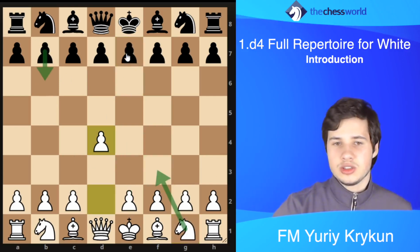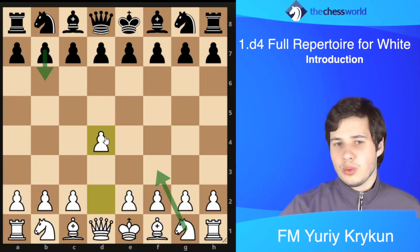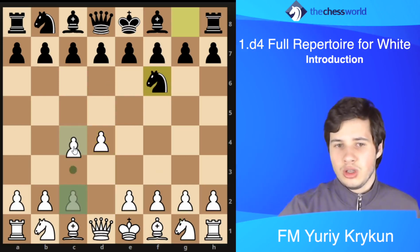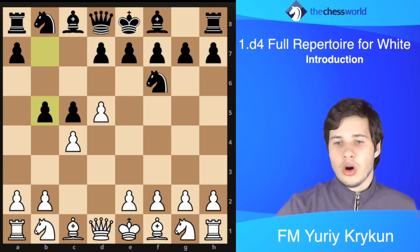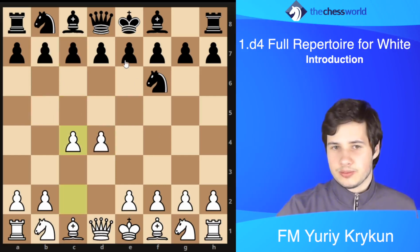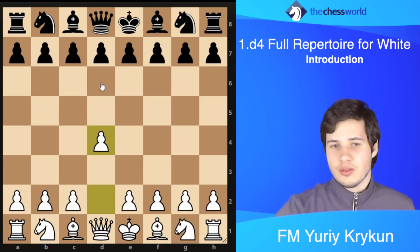One more thing is that after d5, actually this is one more important thing to bring up. So if we were to play d4, knight f6, c4, then we'll need to know a lot of gambits, such as, for example, the Benko, or such as, for example, the Budapest. And the move order knight to f3, both here, as well as in the position after d5, avoids plenty of